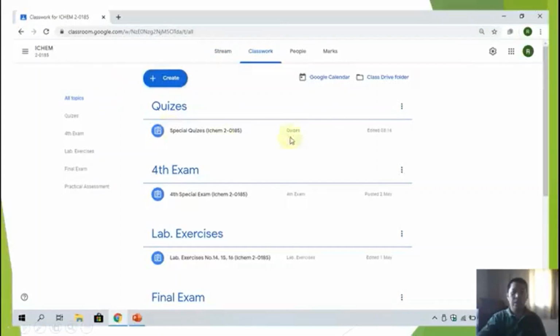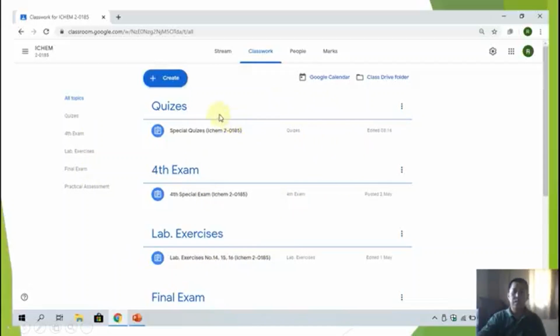So this one will come out. Here you can see the quizzes for the exam, laboratory exercises, final exam. So this one I had created before, so that's why you can see this as an example.